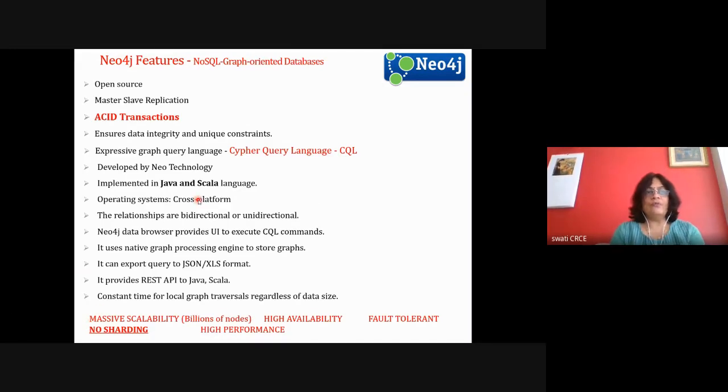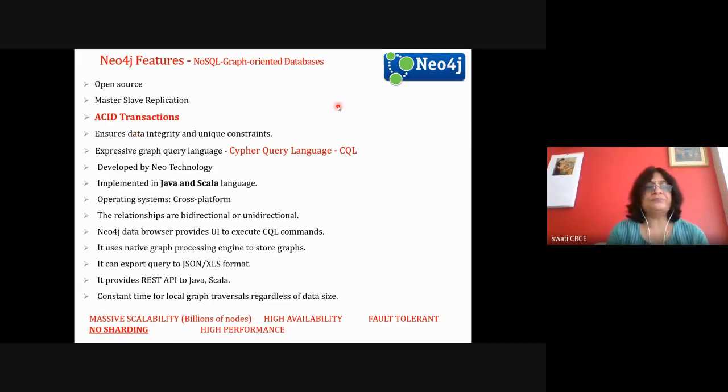Okay, so now see, these are the features of Neo4j. Whatever is written in this red color, these are the features of NoSQL databases. Most of the NoSQL databases are highly available. They are fault tolerant. They give you high performance and they are scalable. So this is with respect to NoSQL. But here there is some change for Neo4j. There is no sharding. So when you store or distribute your data, sharding is not used in this case. So you need to remember that this is the difference between Neo4j and other NoSQL databases.